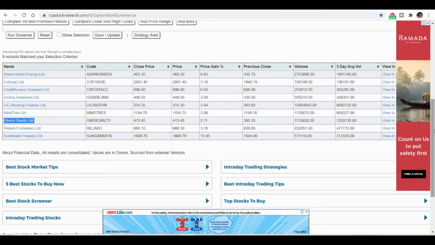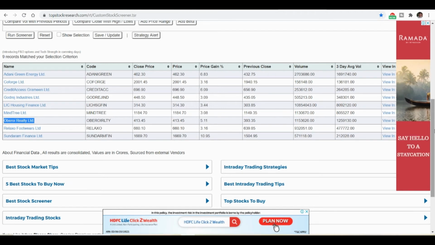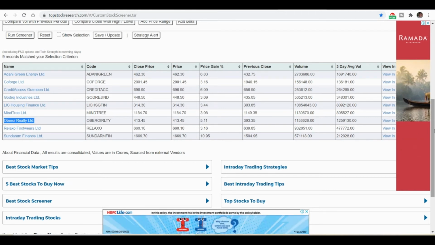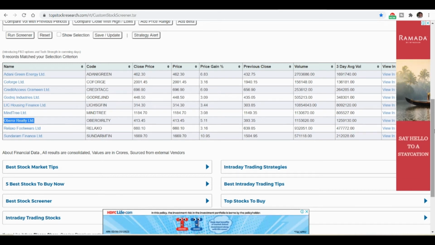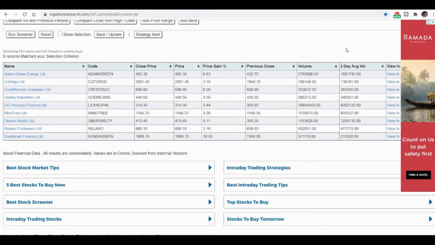We can easily expect the stock to do a correction, because the stock will not move continuously. They will distribute it then and there and try to book profit. When the stock is at its 5 days high and 1 month high, definitely the stock will correct. You can watch this stock if you are watching this video and see how it performed. This is one method of identifying a stock which has already moved, where the percentage gain is more than 10% or 20%, and we can short sell, or you can take a put option.